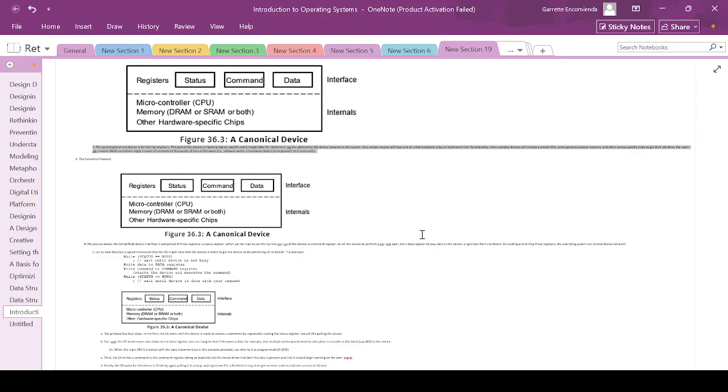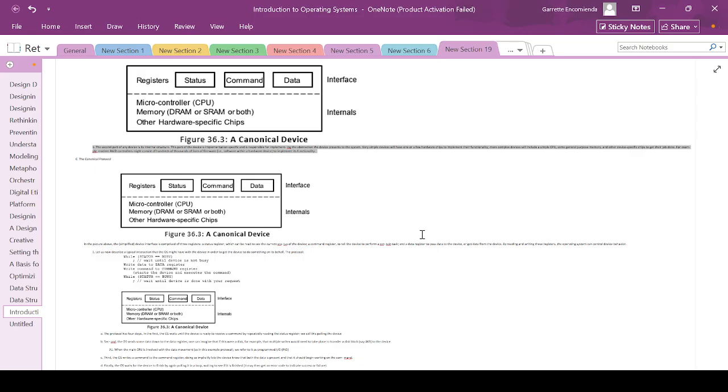So a more complex device, like a RAID controller, will have thousands of lines of firmware, and this is also the reason why a modern operating system that supports a lot of devices has a million lines of code, because of their complex